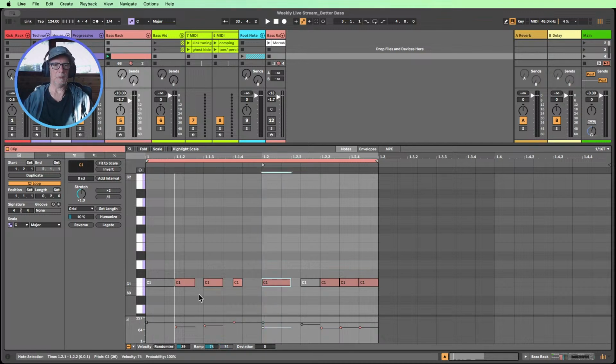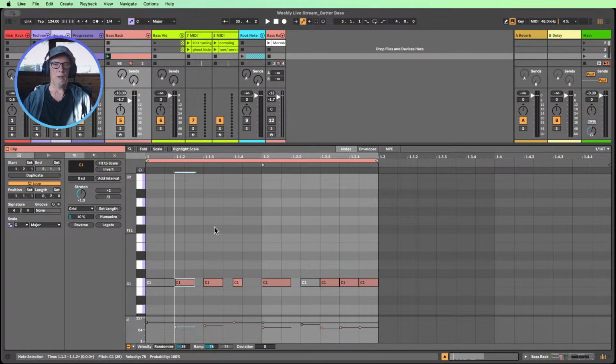And again, similarly to the dotteds and straights, of course, you could have all triplets, mute some, put some in, play around with the velocity, play around with the note lengths, play around with the bass preset that you're going to use to play them. But triplets are great. And then, as I said, we can combine triplets with dotted and straights, combinations of 16th notes, quarter notes, 32nds, all sorts of fun stuff.